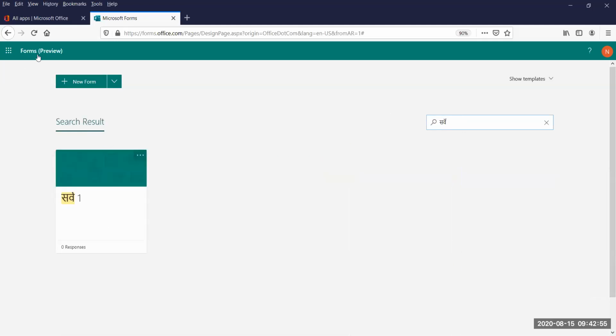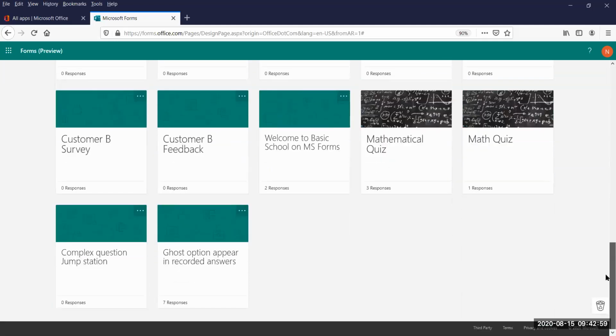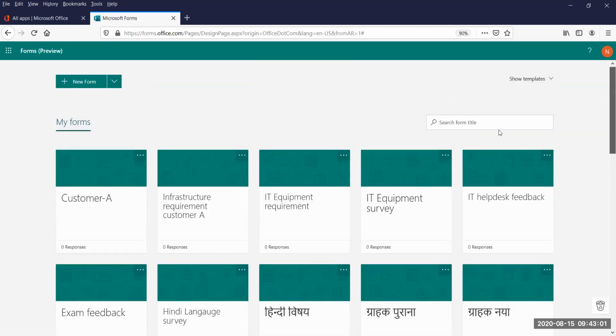So like that we can organize our forms, and the organization we need to do is in the nomenclature. If I am able to give the nomenclature correctly, I would be in the best position. The same thing you have to do for folders too: if there is an option for folders, you create the respective folder, and within the folder you again get a number of forms, and then you again have to find it in the folder.